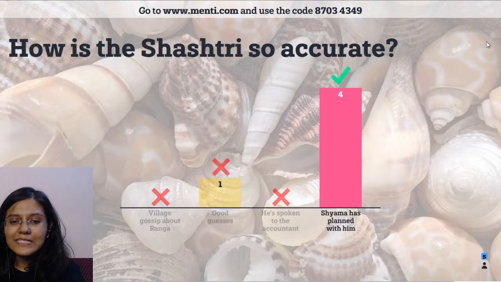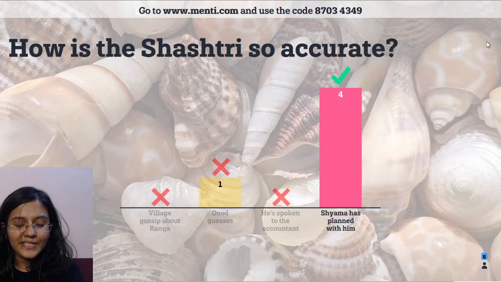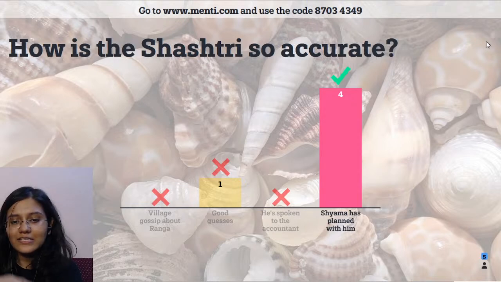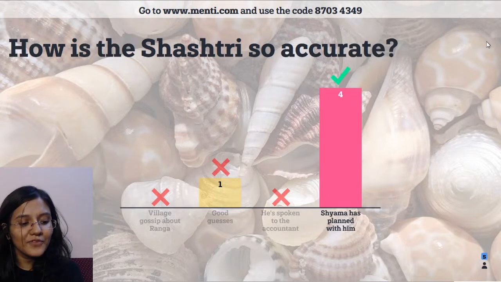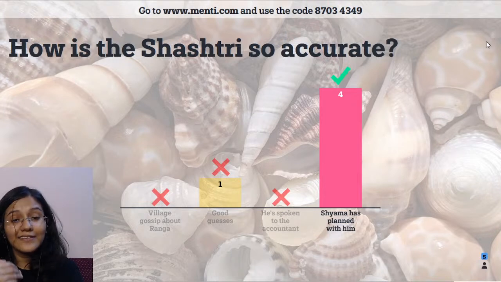Yeah, Shyama has planned this entire thing with him, right? So what Shyama does is in the morning he goes to the Shastri and he's like, okay, look, here are all the details, here is everything you need to say. I'm going to bring Ranga to you at this point of time in the afternoon. In the afternoon, therefore, when he takes Ranga to the Shastri and the Shastri tells Ranga everything that's on his mind,